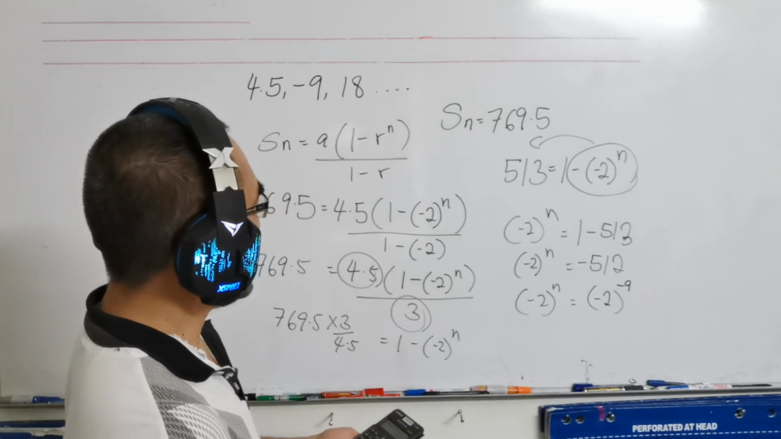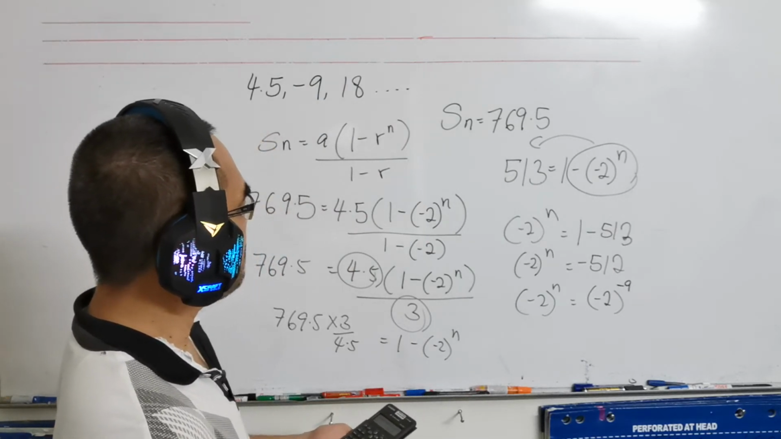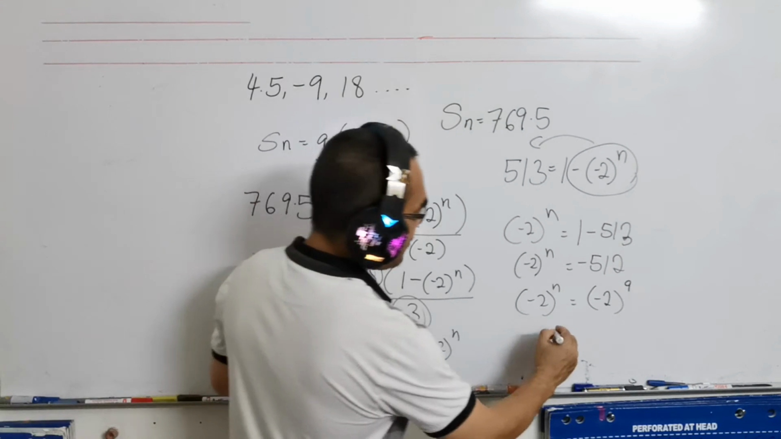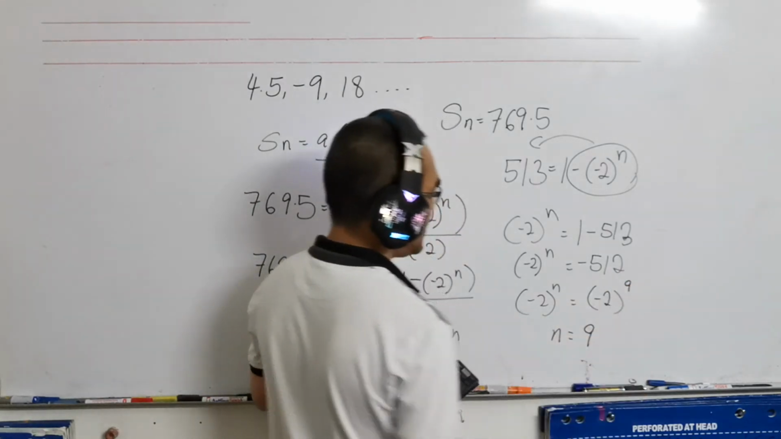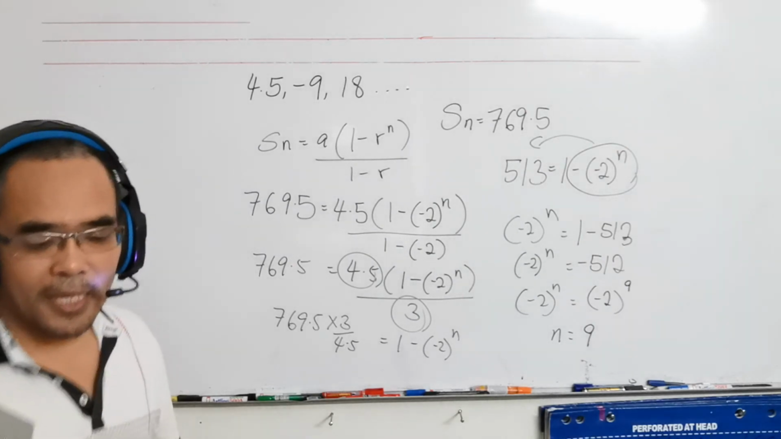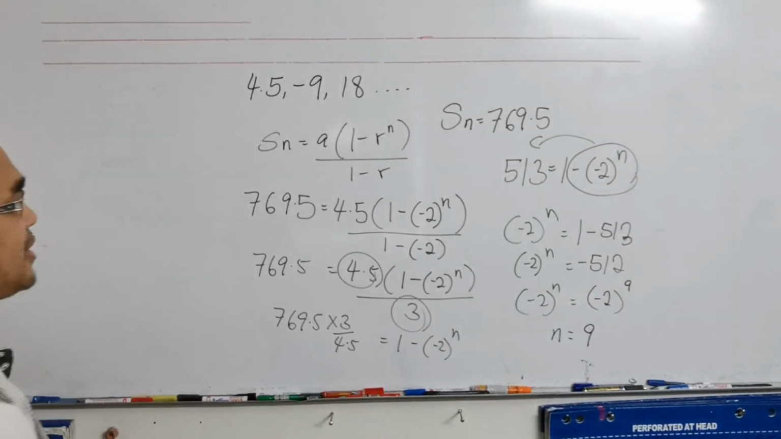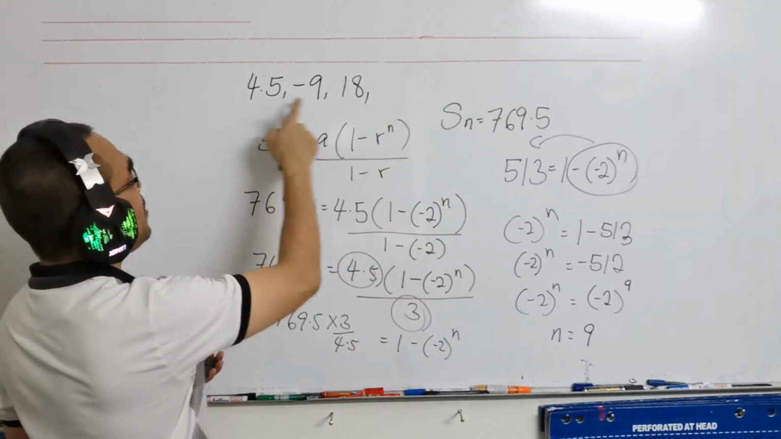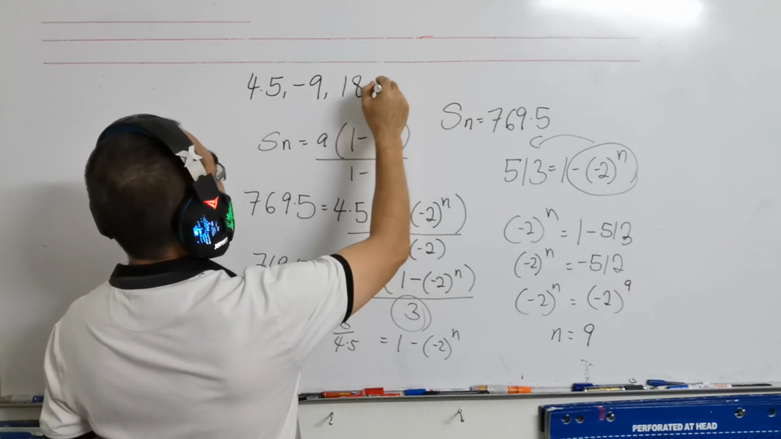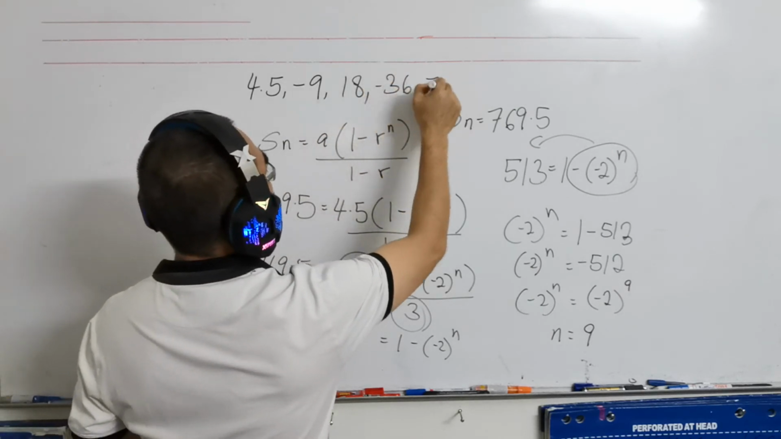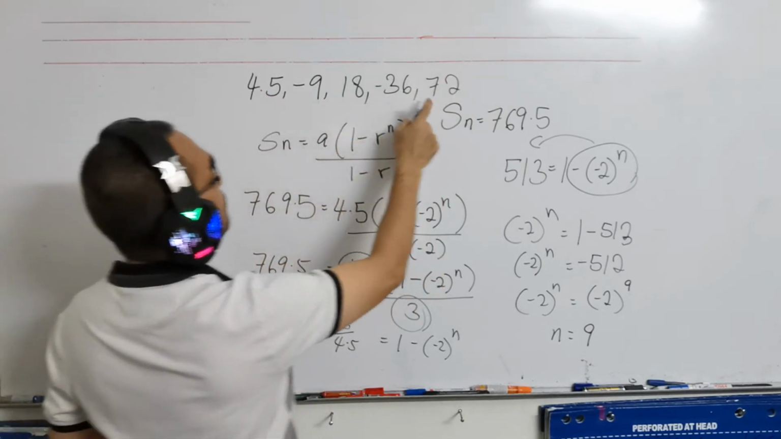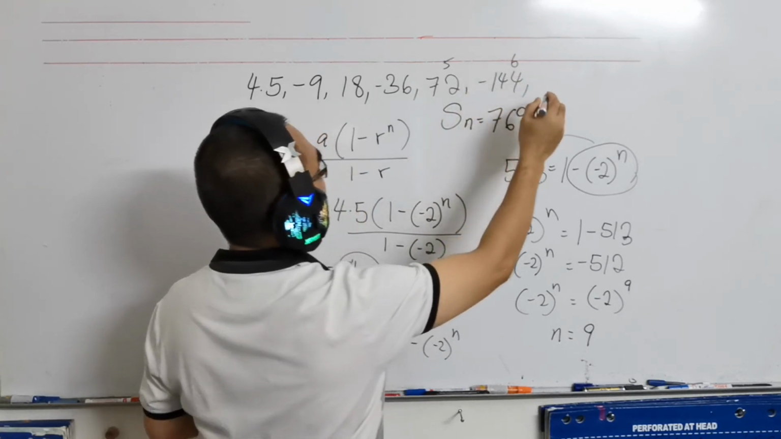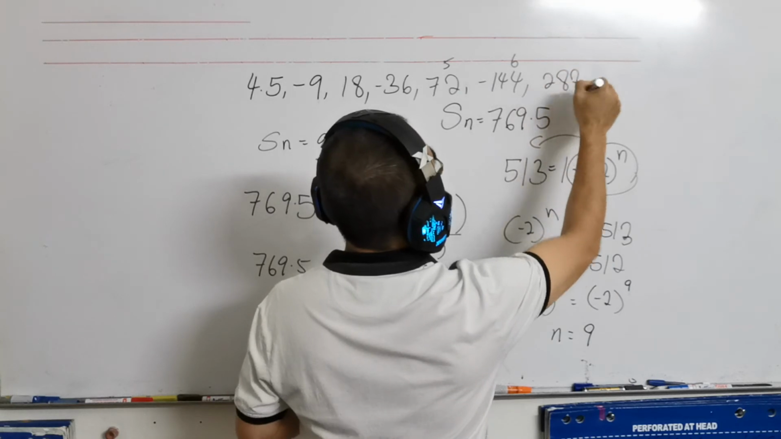Okay, so the value of n will be 9. So there are 9 terms. So it is not impossible, because 9 is not that too big, for us to discover. So 4.5, negative 9, 18, then you multiply by 2, you get negative 36, then you get 72. 1, 2, 3, 4, 5. This is the fifth one. And then negative 144, 6, and then 288, and then